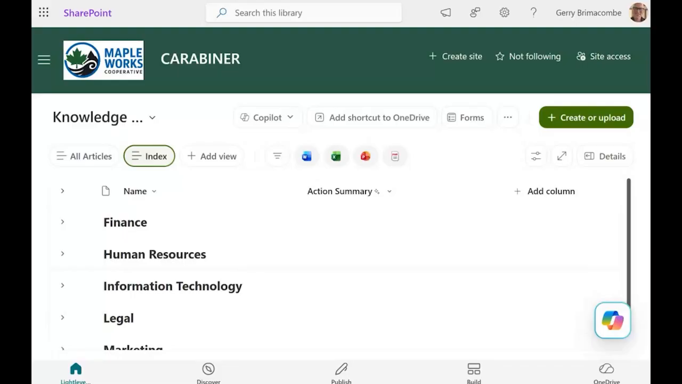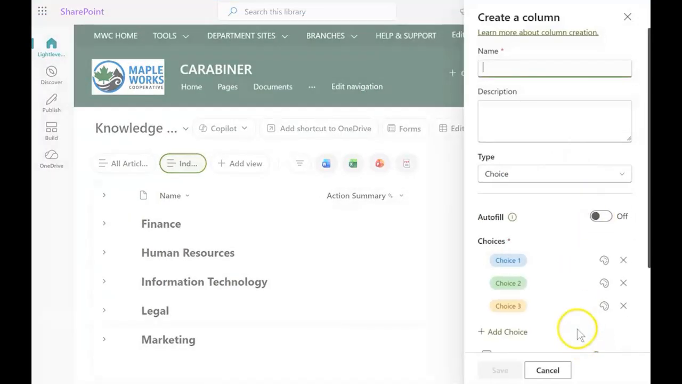Okay, and I want to add one more field here, and that's the target audience. So I'm going to do it a slightly different way here. Rather than going directly into Copilot, I'm going to add a column here. Next. And it's called target audience. So this is basically who this is meant for. It's a choice. And here's the values. So all staff, managers, HR staff,